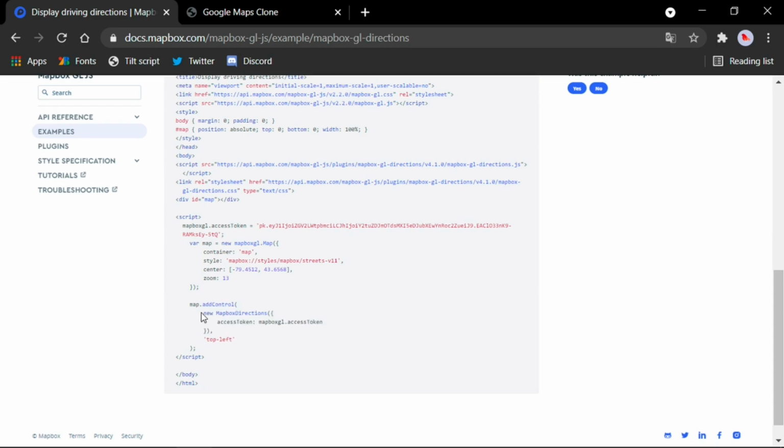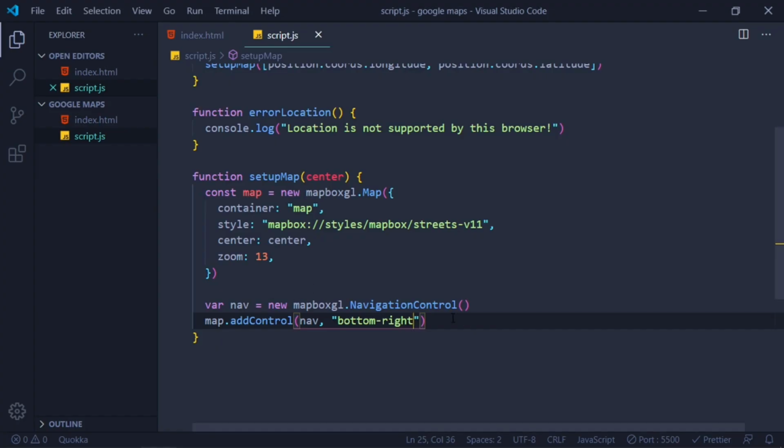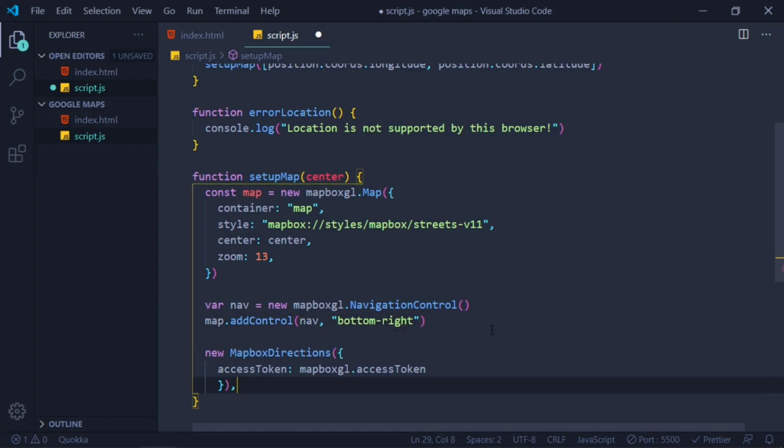So let's copy this and then paste it here.